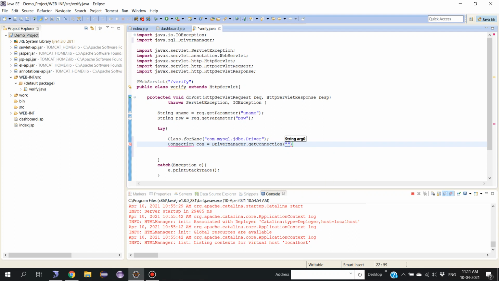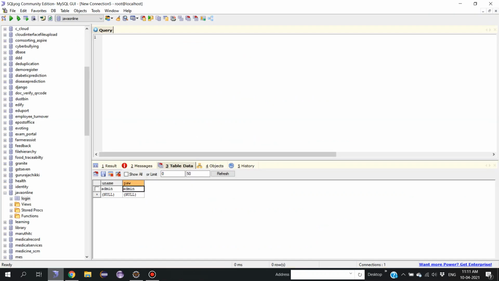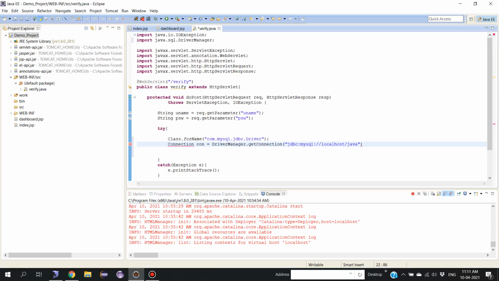So jdbc:mysql://localhost/java. So what's the database name that we have created? Java online. Username root, password root. Okay, and t is equal to,